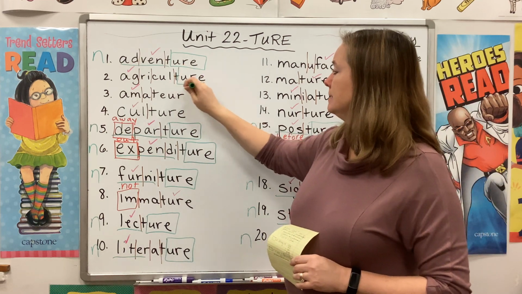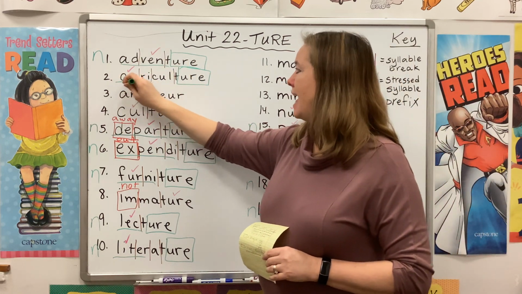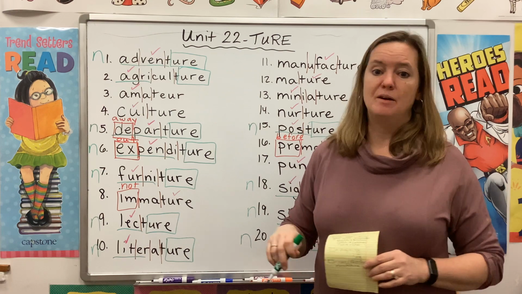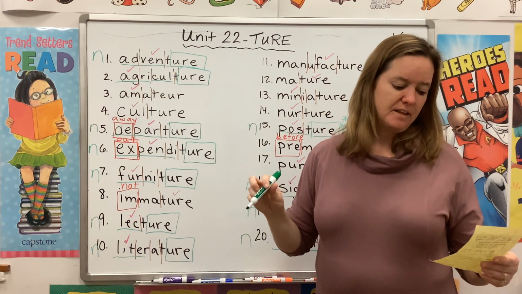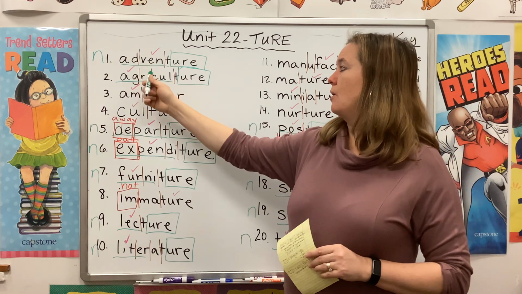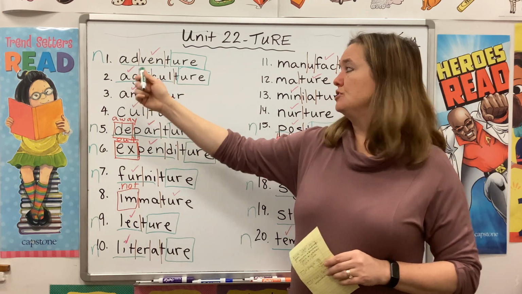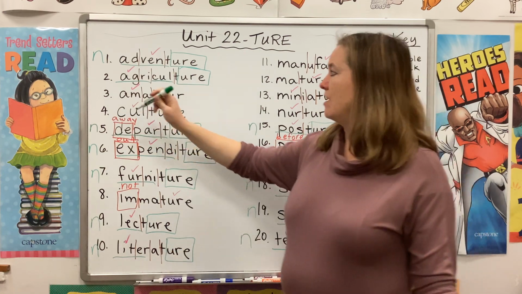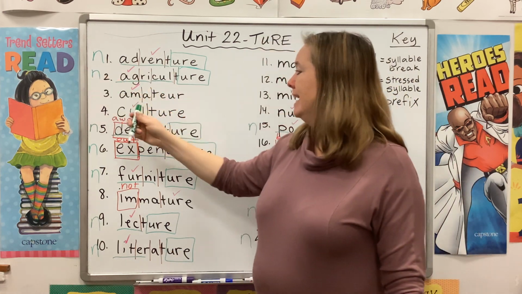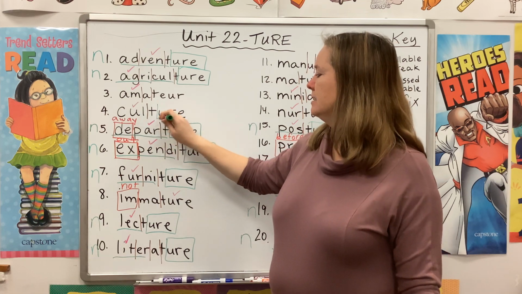Agriculture. Agra has to do with farming. Cult has to do with growing. So this agriculture has to do with growing stuff in a field, right? Like on a farm. And then culture